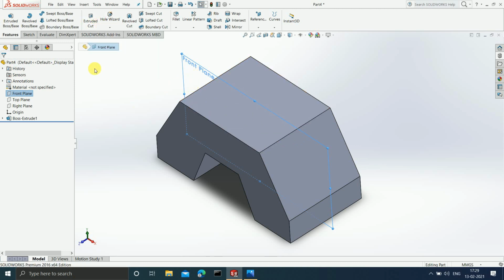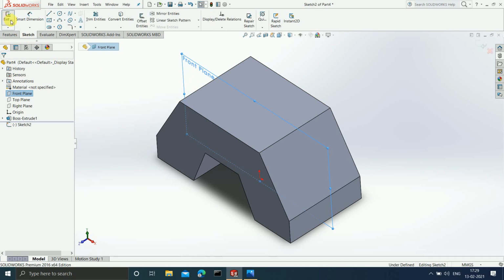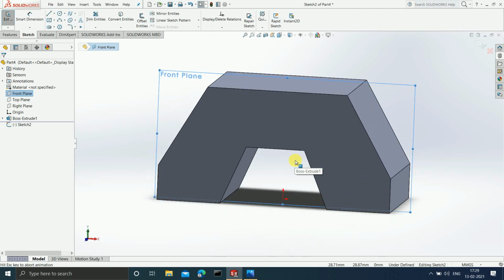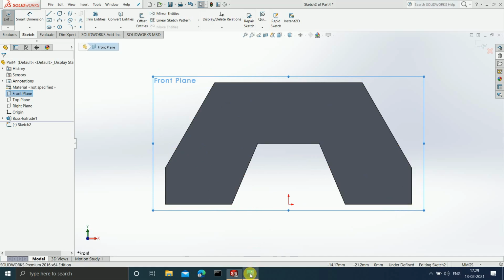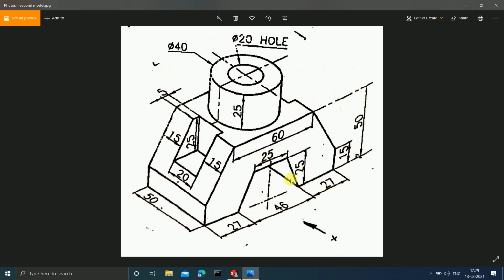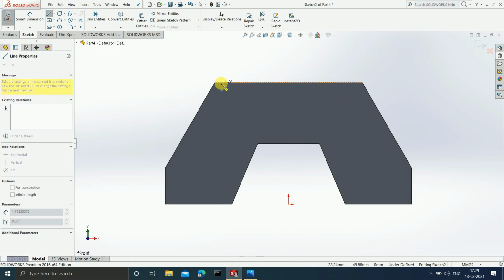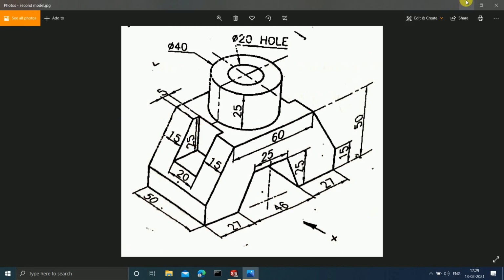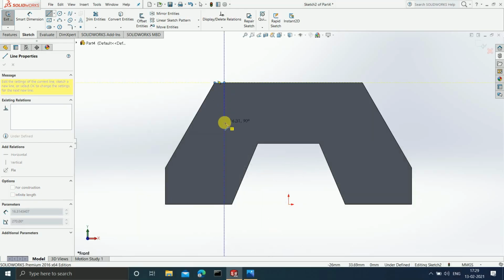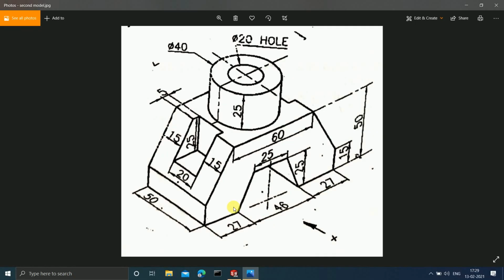Okay, so choose the front plane and now choose on sketch. Now can you see this front plane is tilted? I want it to be perpendicular to my line of vision. So therefore press on Ctrl 8. Done. Now let us draw this. See, if you look from here, that is the front view. First you will see a horizontal line of 5 mm. Okay, so let us draw a horizontal line of 5 mm. Done. Now after this, there is a vertical line of 25 mm. We will give the dimensions together, don't worry. And then there is a horizontal line which is present here.